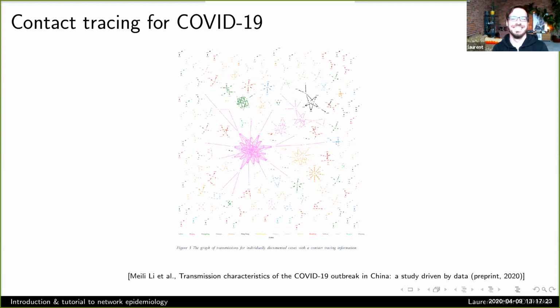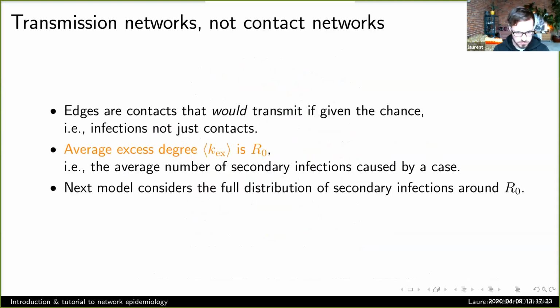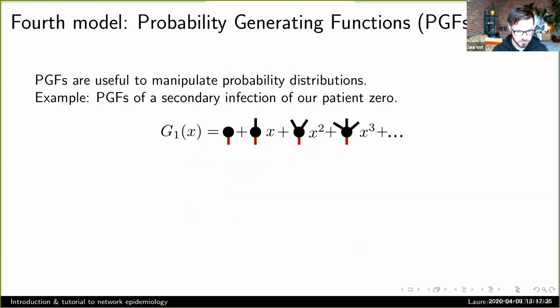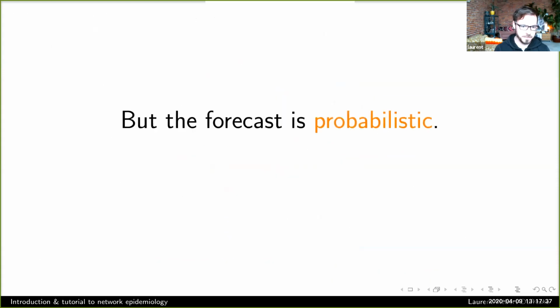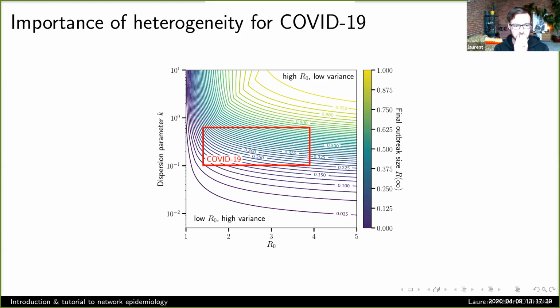Okay, well, excellent. There was another question about going back to the high-low R naught and the high-low variance slide. I think there was a little bit of a misunderstanding that high variance goes with low R naught, and low variance with high R naught. Can you just explain this graph again? Yeah.